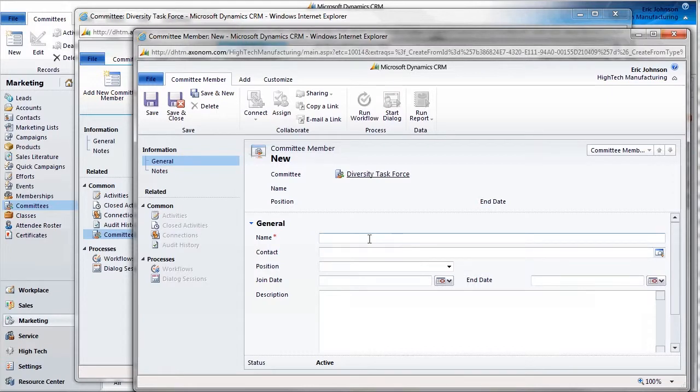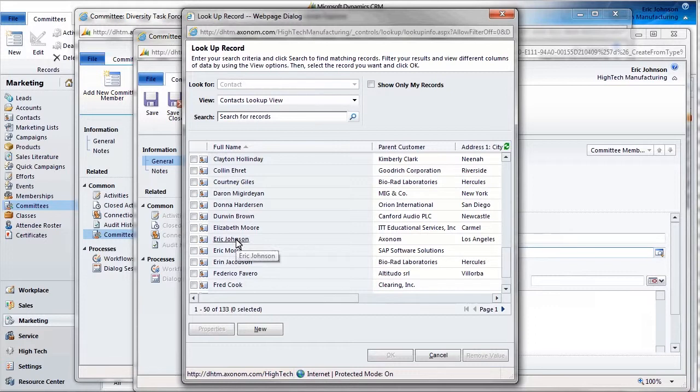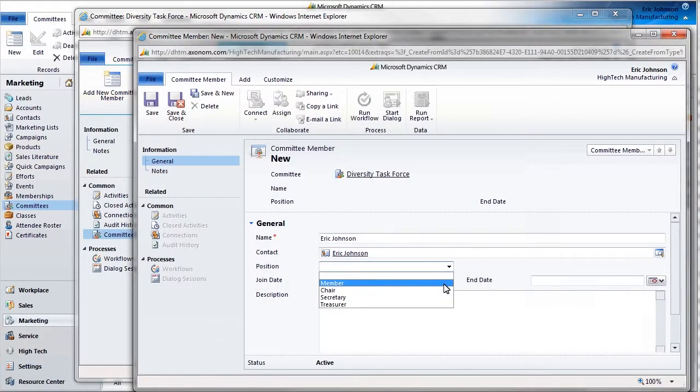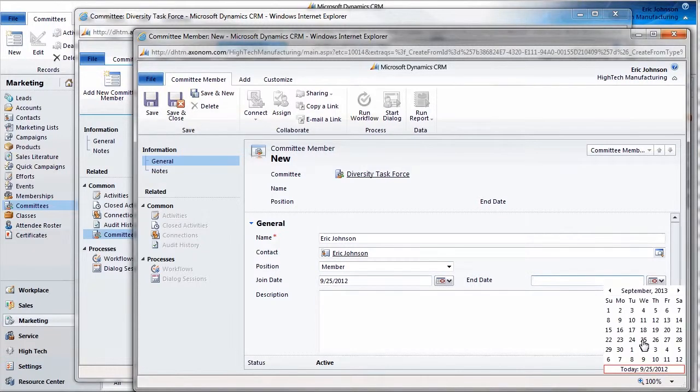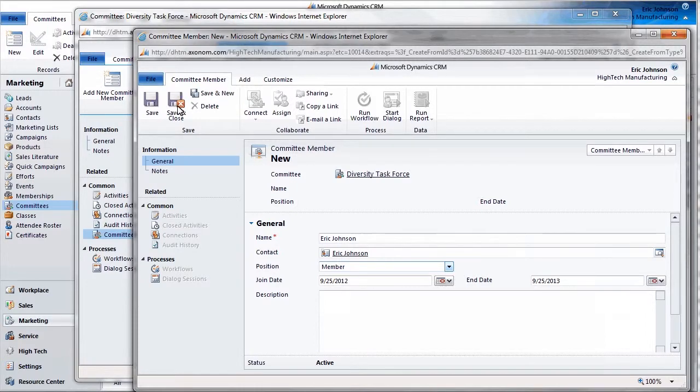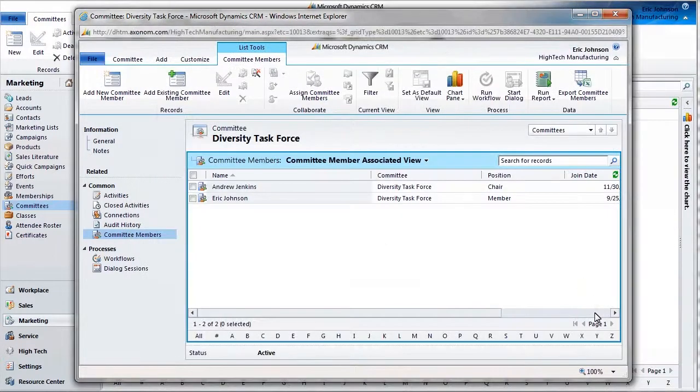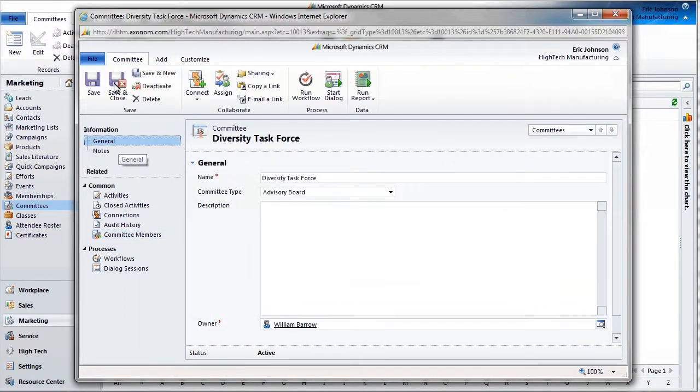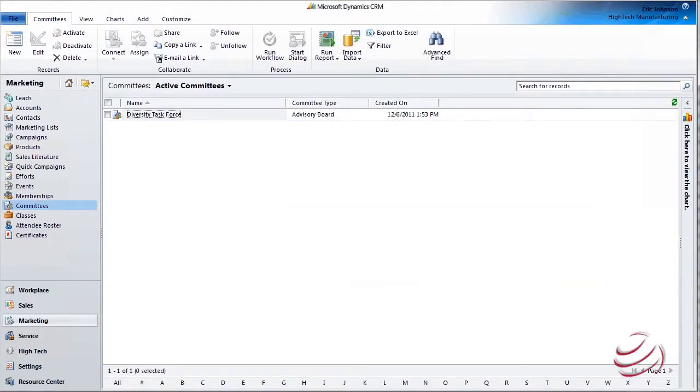So next, I'll type my name and associate my contact information with this record. Next, I'll select Member from the Positions list, and also set my join and end date. And after saving this record, we can then see that Eric Johnson is now a member of the Diversity Task Force. And there we can see how Powertrak provides a nice, simple way to track your committees and their members,